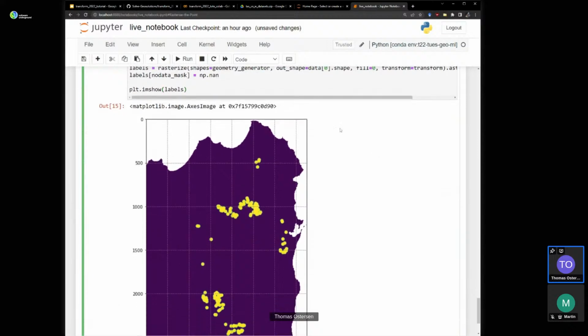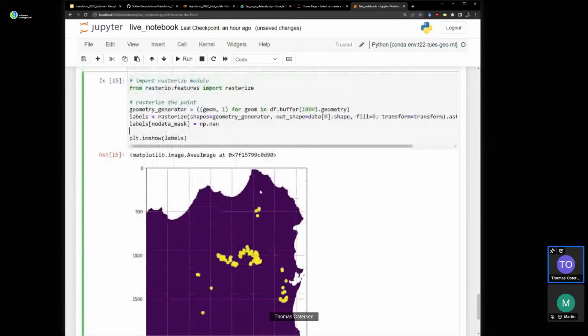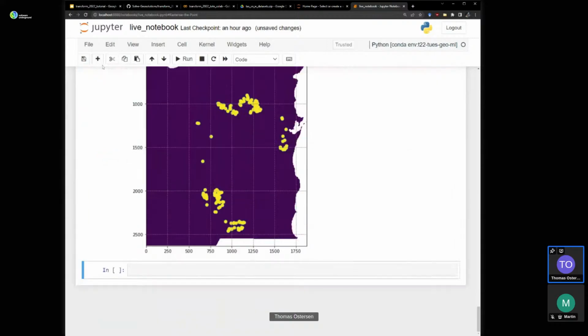So cool. We've got our data, and we've got our label raster now. The next thing we need to do is convert this 3D data cube and the 2D raster label set into a format that these generic machine learning models can read. And we're going to use a random forest classifier for this.